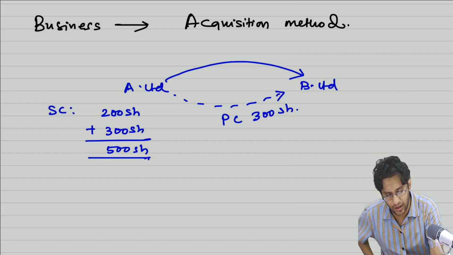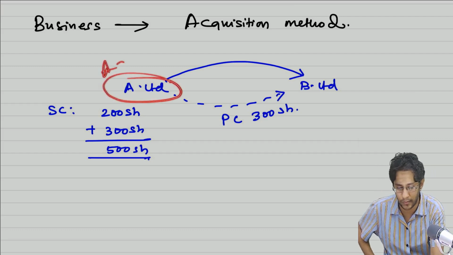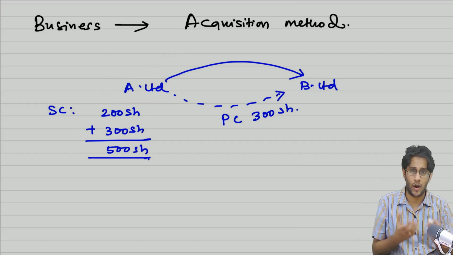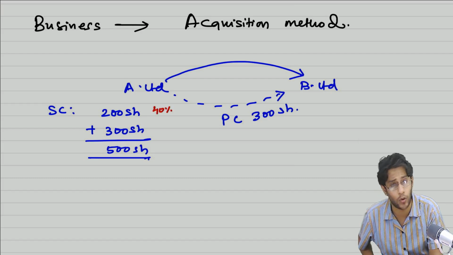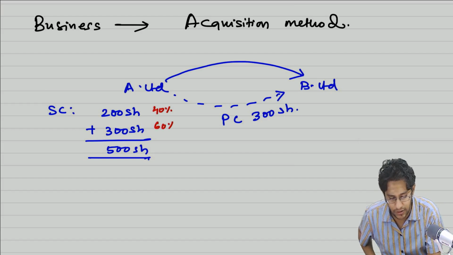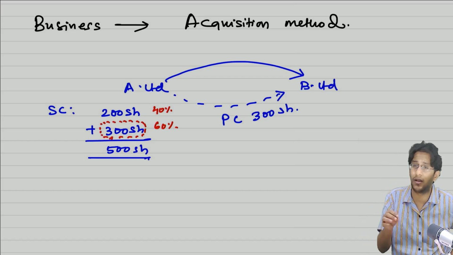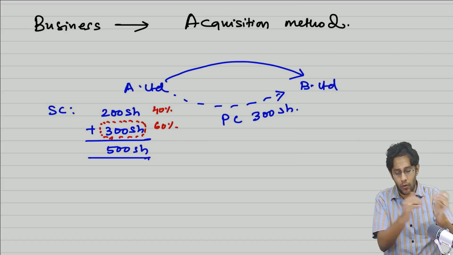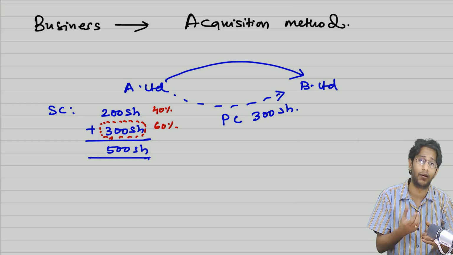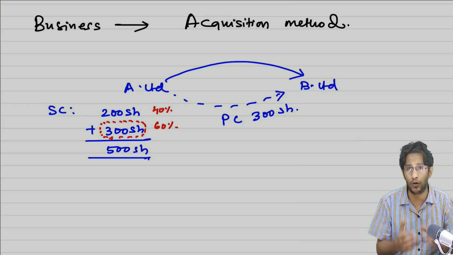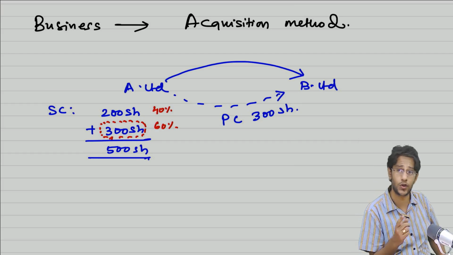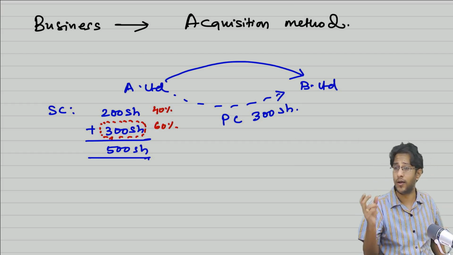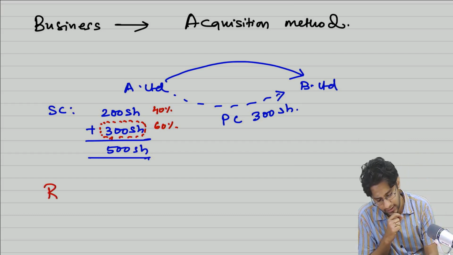So ideally, according to the general definition, the person who is issuing PC should become the acquirer. Normally, yes. But if you look at the shareholding pattern, my existing shareholders are now reduced to a 40% shareholding, whereas my new shareholders have 60%. And these people to whom we have given these 300 shares were earlier controlling B Limited. So now they are also controlling A Limited by virtue of their majority shareholding. Even though legally it looks like A Limited acquires control over B Limited, looking at the shareholding pattern, you understand that the shareholders of B Limited are actually controlling A Limited. Therefore, this is called a reverse acquisition.